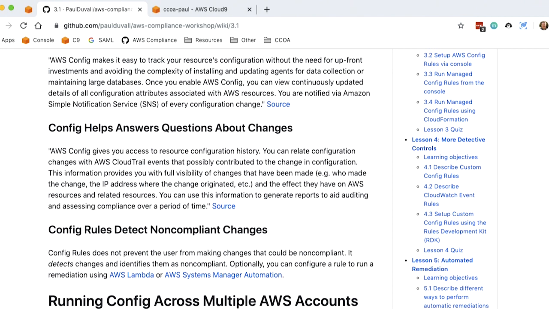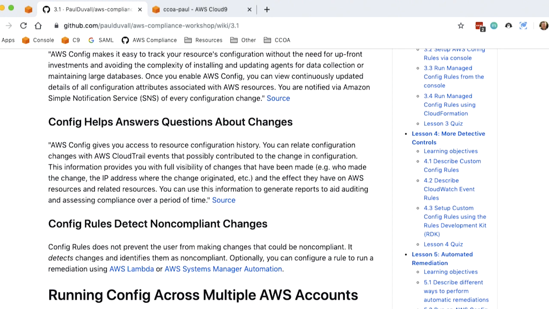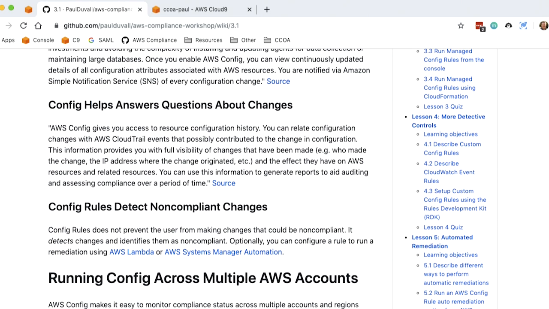to questions about changes. What changed? When did it change? Which other resources were associated with that change? The example I talk about here is, who made the change, what IP address it originated from, and then the effect on related resources. And then you can look at history of that. That's one of the key aspects of this particular service, is you can look at the history over a period of time for those resources. And